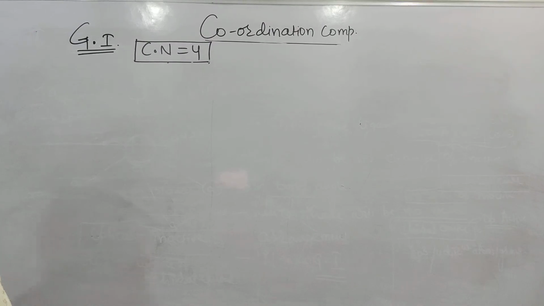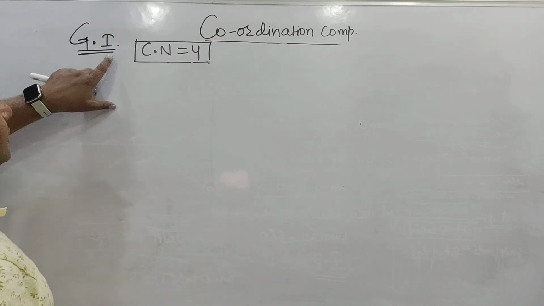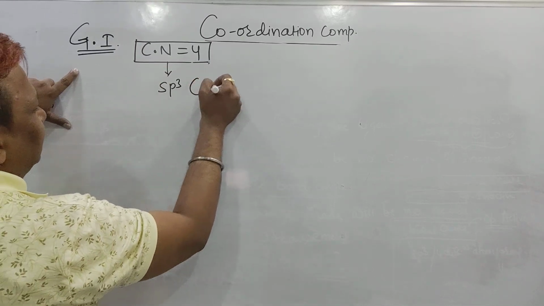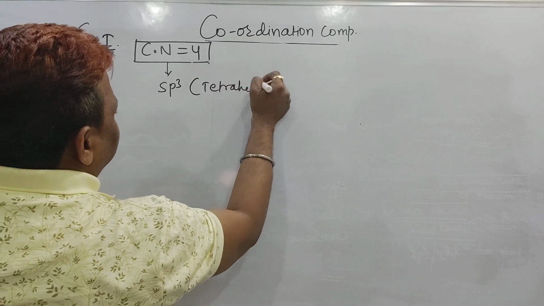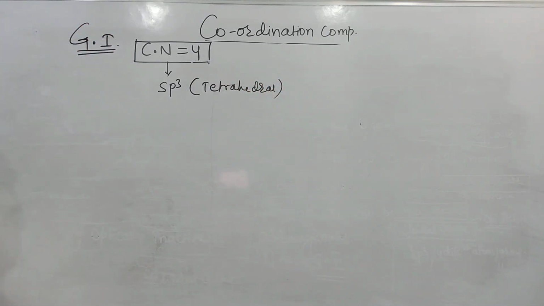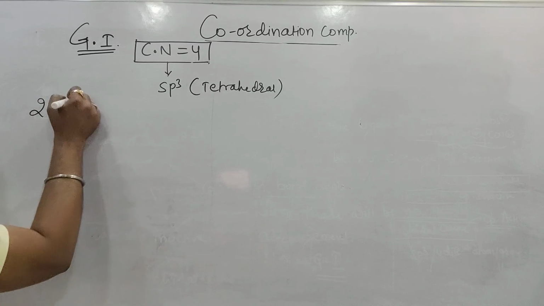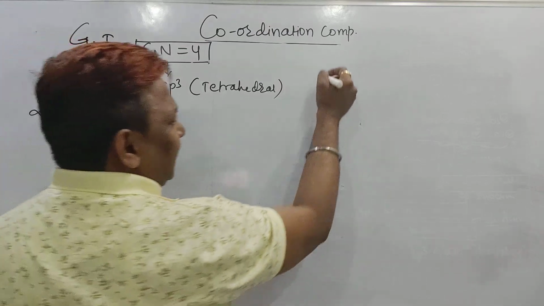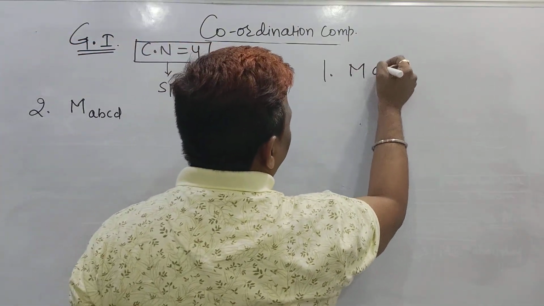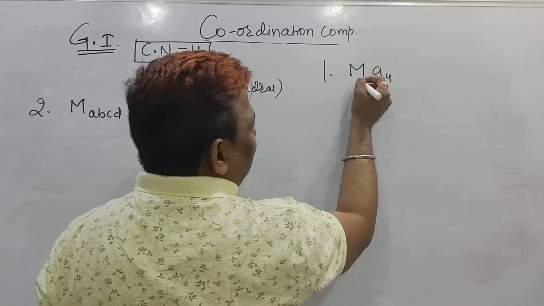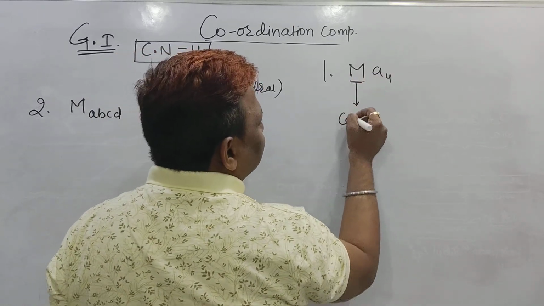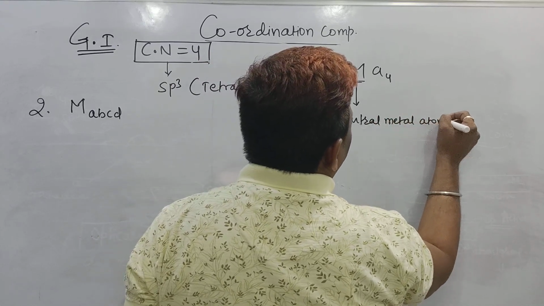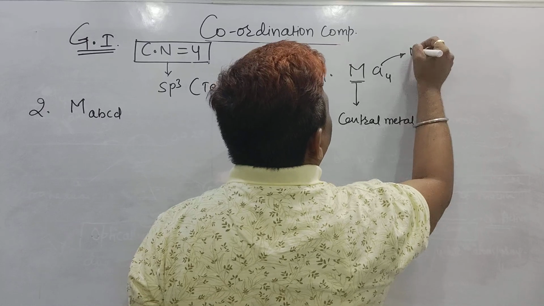Take a screenshot. But the second part I will start. Coordination number 4, hybridization sp3, geometry is tetrahedral. Same thing, geometry is tetrahedral. But example number 2 is M, A, B, C, D. Just now I wrote example number 1 here, did you see? Ma4. In Ma4, what does this M indicate? You know, this M is the central metal atom. But what does this A indicate? You know, it is a